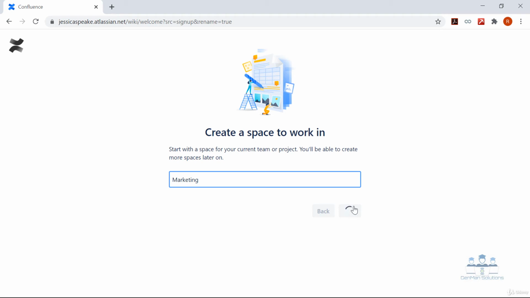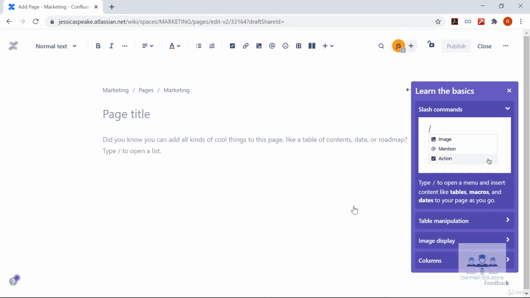Now when we log in, where we are sent will depend on your existing subscription. In case you have a Jira account with the same credentials, it will send you over to Jira first. In that case, you will have to switch to your Confluence account just by clicking on the hamburger button at the topmost left corner of the screen. In this case, since the user had only a Confluence account, we don't see that screen.